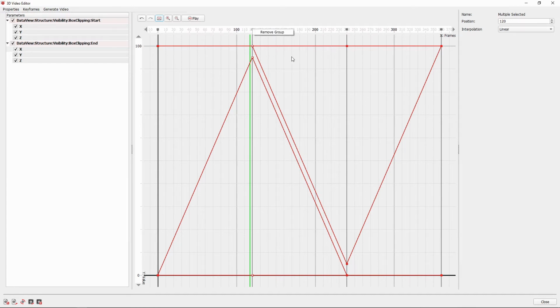select Remove Group. To select the control point of a parameter on a keyframe, we left-click on the blue box or red box, which represents the point. The control point will show up in the value panel with its name, position, value and interpolation type. With this point selected, we will have a quick look at the last panel, the value panel, here on the far right side of the video editor.